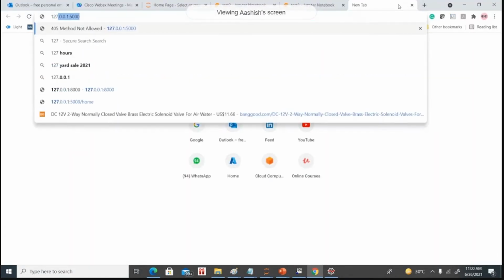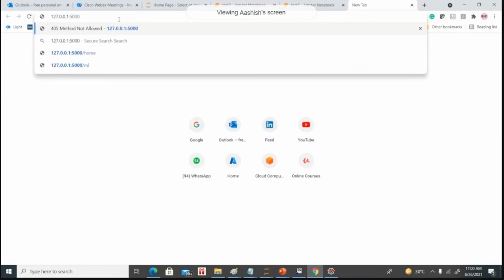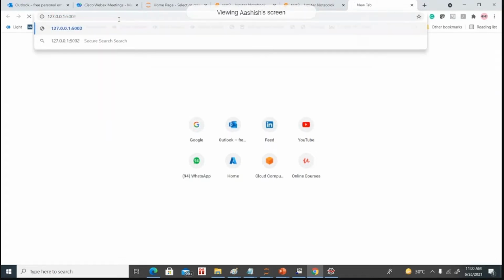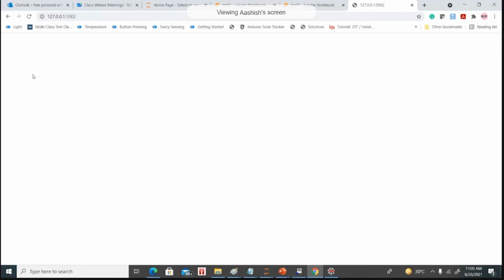This is your particular address here. Now if you go and search 127.0.0.1:5002, you can see we're getting hello ML.